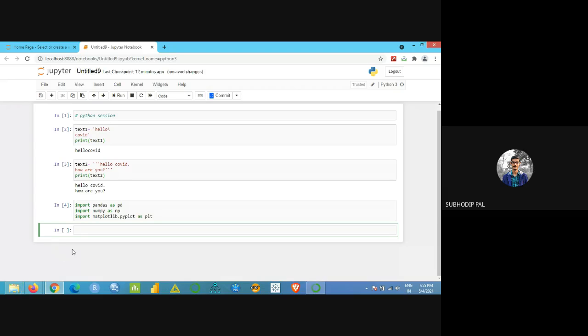Before you import anything, you have to define the path here. In RStudio, you just write the code and you can choose the file. Here we will not be able to choose any file. You have to mention the path and this Jupyter notebook will automatically get the file.